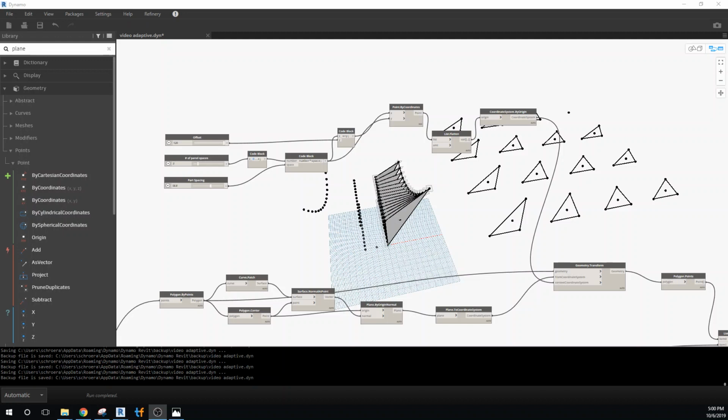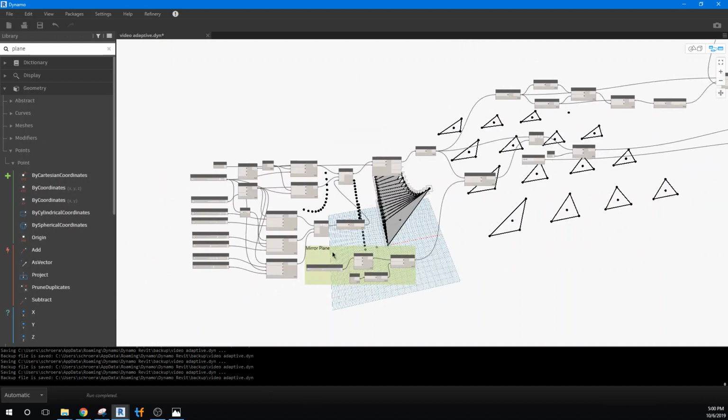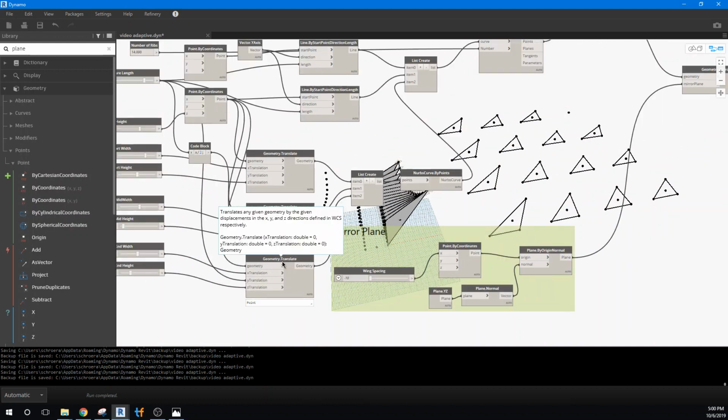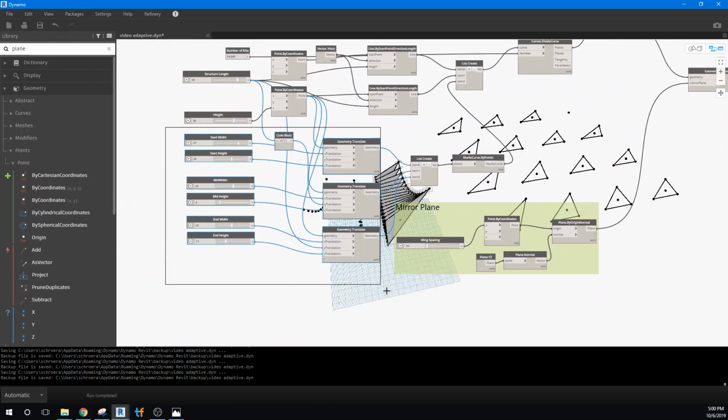To begin the presentation, let's look at cleaning up our Dynamo sheet so that it's a little more legible, especially if somebody else was to want to work on our file now. So I'm just going to delete anything that isn't actually being used. You notice I've grouped this one for the mirror plane. We could grab this group here